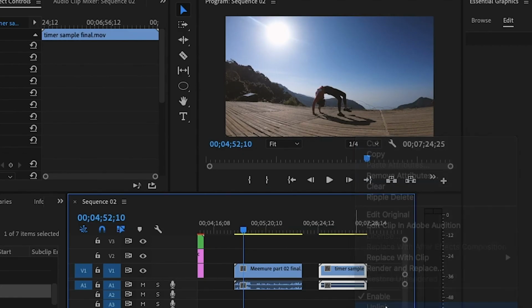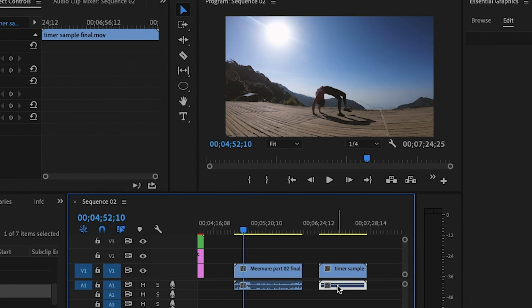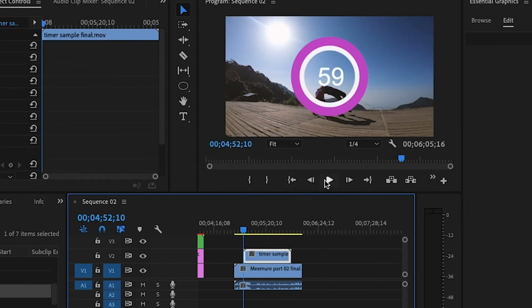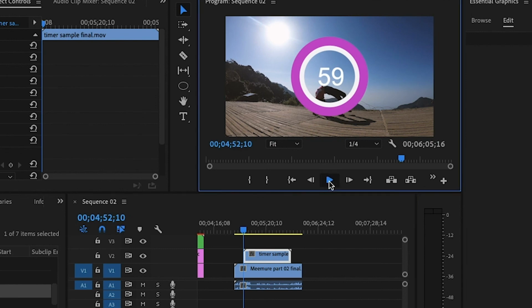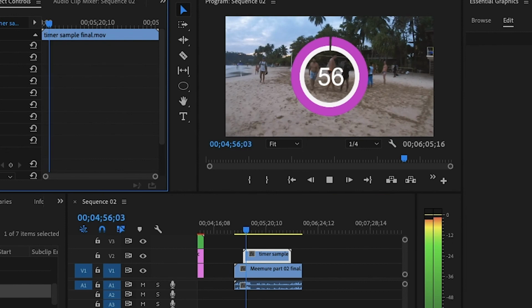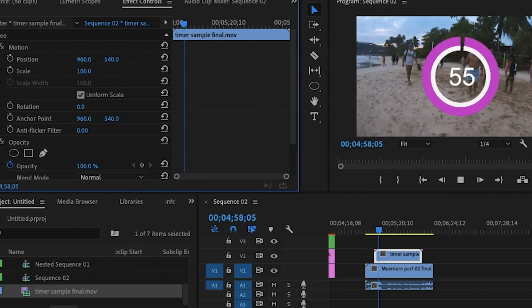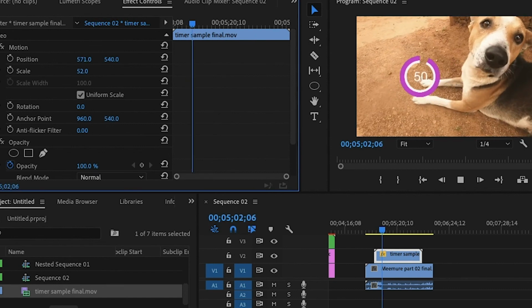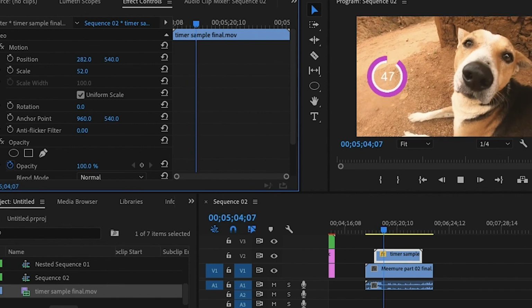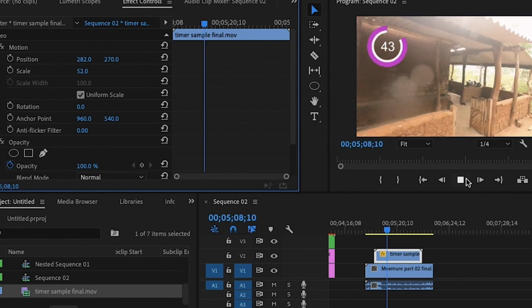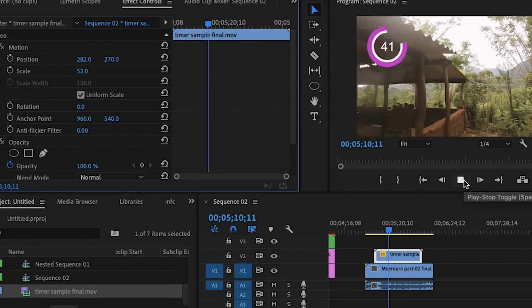right click on it and unlink it, and we need to remove this part. We don't need it, so we can just put it on our video. You can use it on any video and it's perfectly working. You can in your effects control panel, you can change the scale and you can change the position. If you want to keep it somewhere like here, you can do it. You can use it on any size of, like any